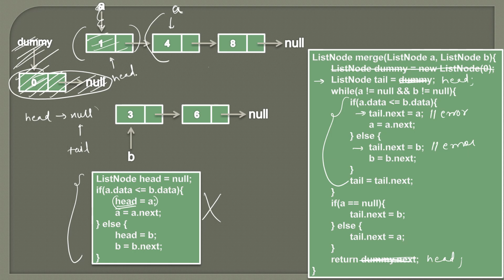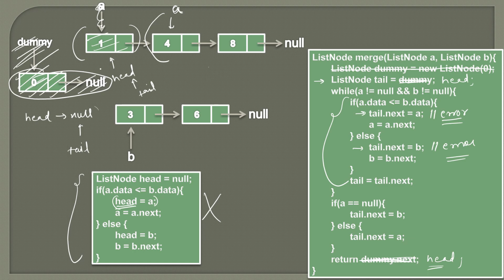Once we get head here, tail will point to head like this. And now in the while block, if we do tail dot next, we actually have a concrete object. Here we had a null object, but now we have a concrete object. So this error won't come, and at the end we can simply return head. So friend, this is how we actually merge two sorted singly linked lists so that the resulting list is also sorted.